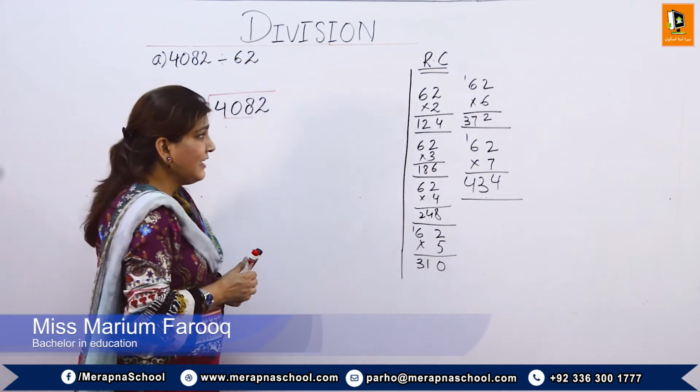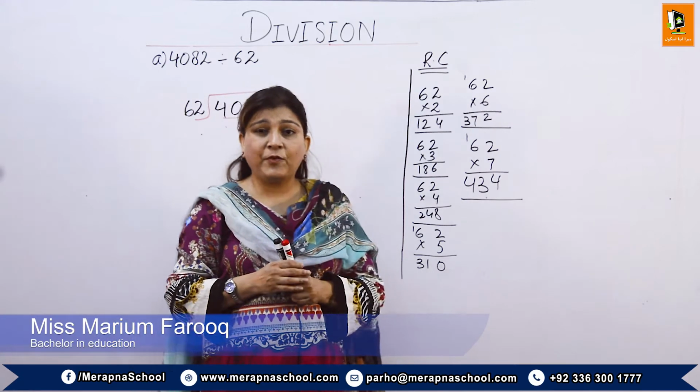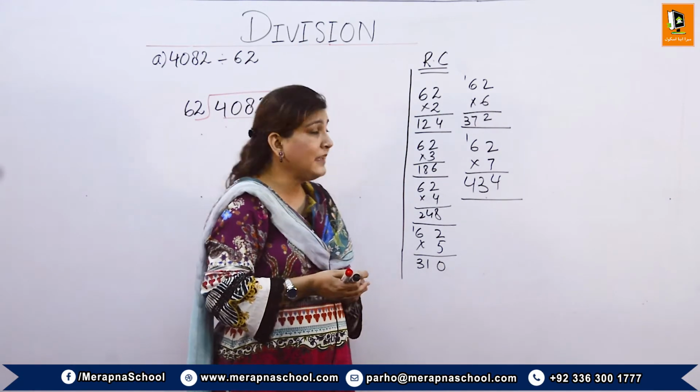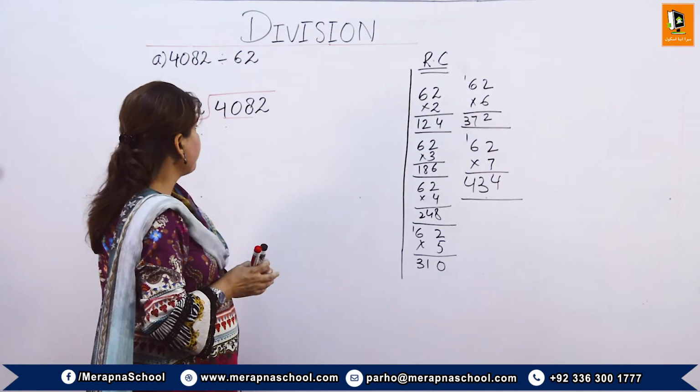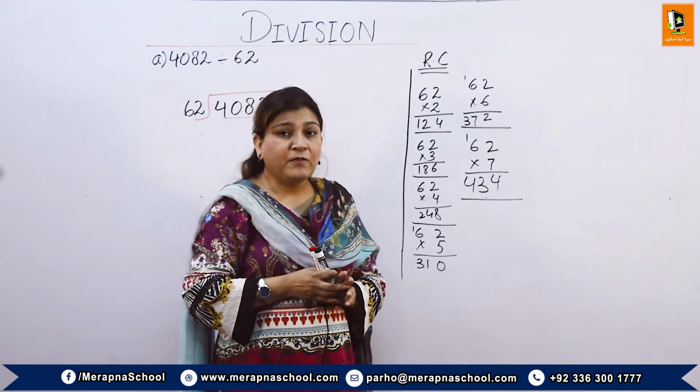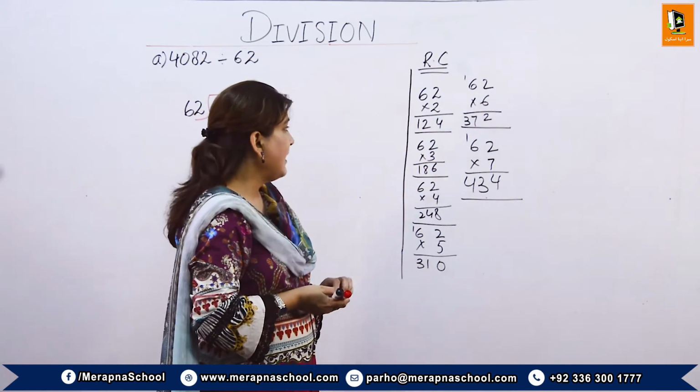As you can see, 62 sevens is 434, which is a bigger number than 408. So what we'll do, we'll divide